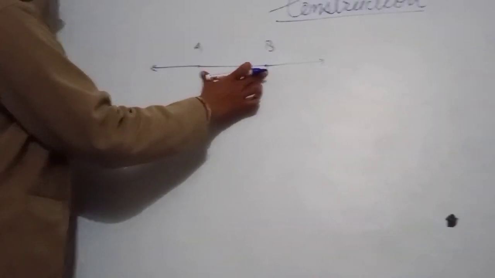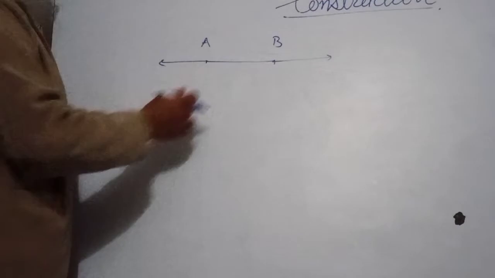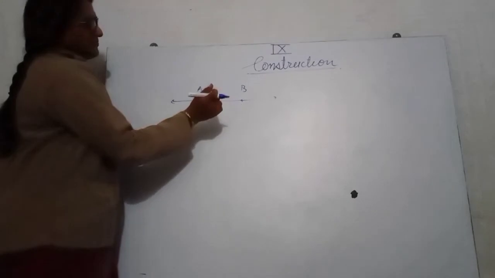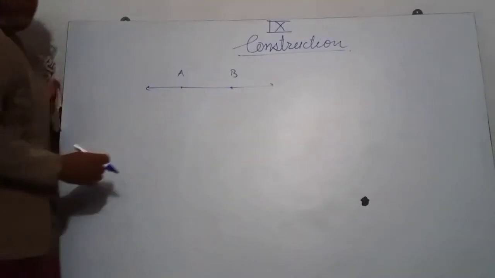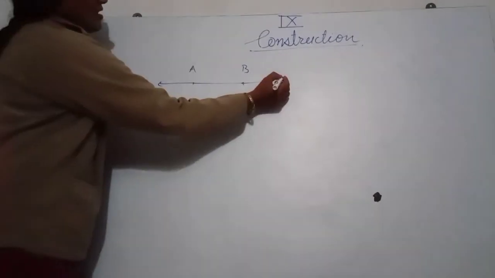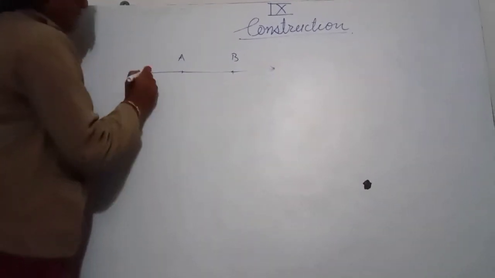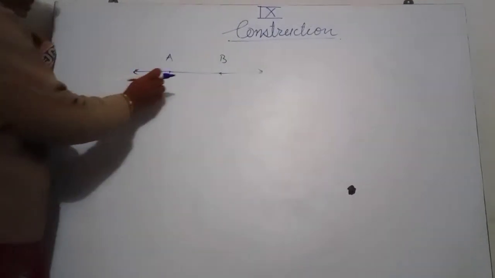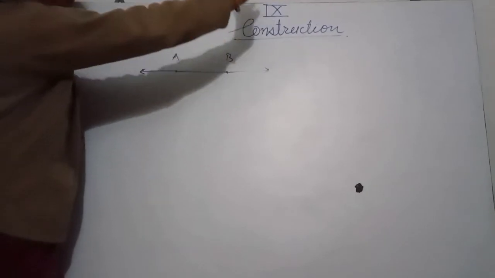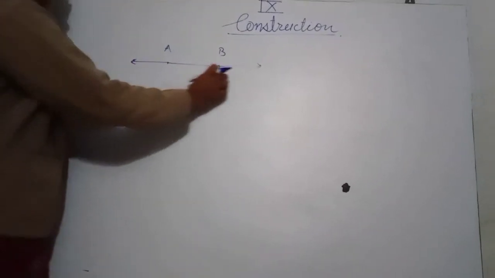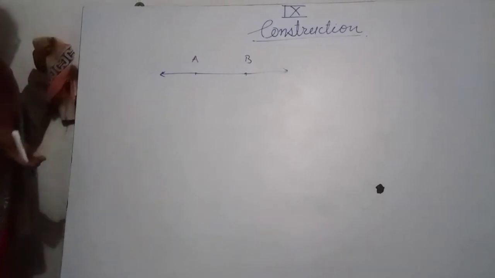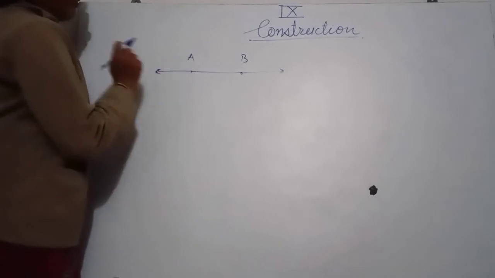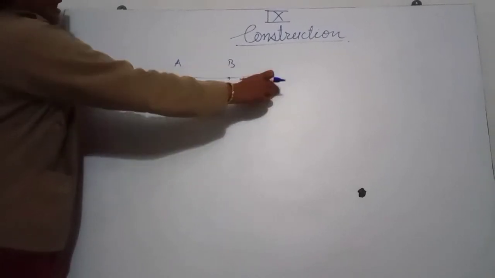Line segments have end points, which show the limits of the line segment. But a line is infinite. No limits are there. That is why we show it by arrows. Both the ends of the line are shown by arrows, which means the line is going on continuously in the same direction at both ends. This is a line. So first I explained point, then line segment and line.